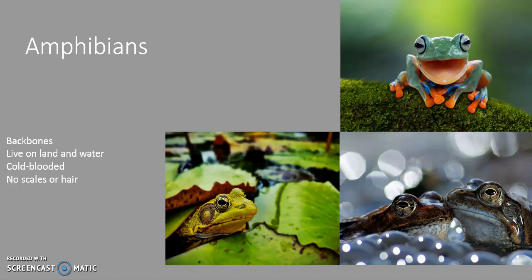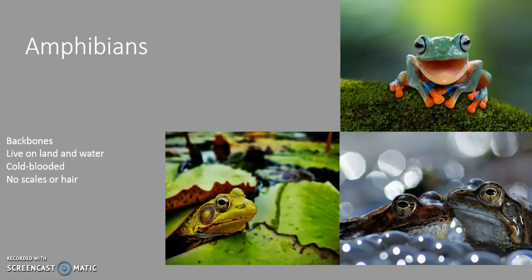So we've talked a lot about chemistry today, and we need to talk about something to do with biology. So what are amphibians? Amphibians are part of the vertebrate class Chordata because they have backbones. They live part of their lives on water, and they live part of their lives inland. So about 90% of amphibian species are frogs.